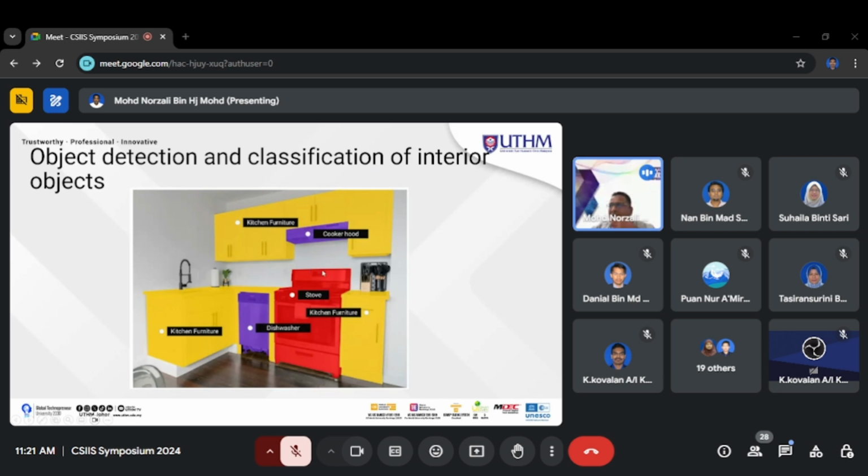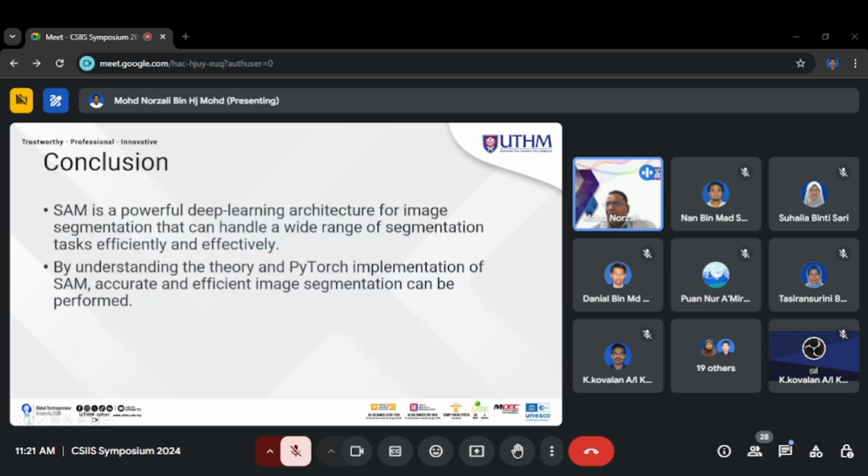And then maybe object detection and classification for interior objects, where you have the features in the kitchen. It can customize which objects should be located in the interior, in the kitchen, for example. This is one of the examples of SAM. As a conclusion, SAM is a powerful deep learning architecture for image segmentation that can handle